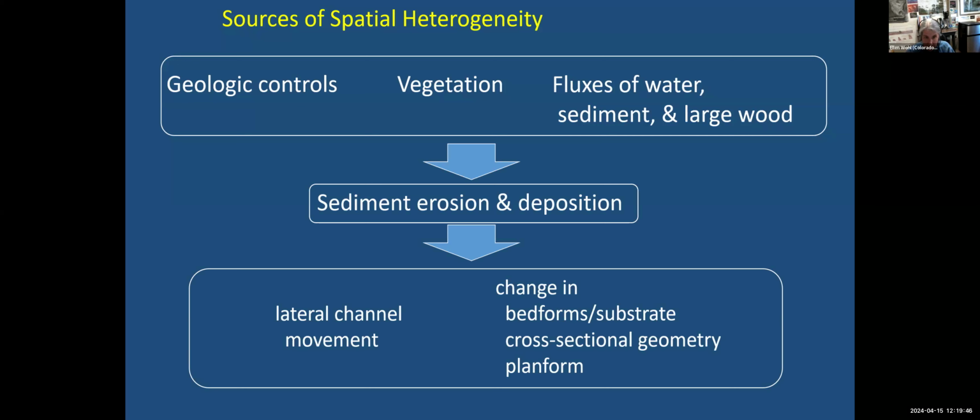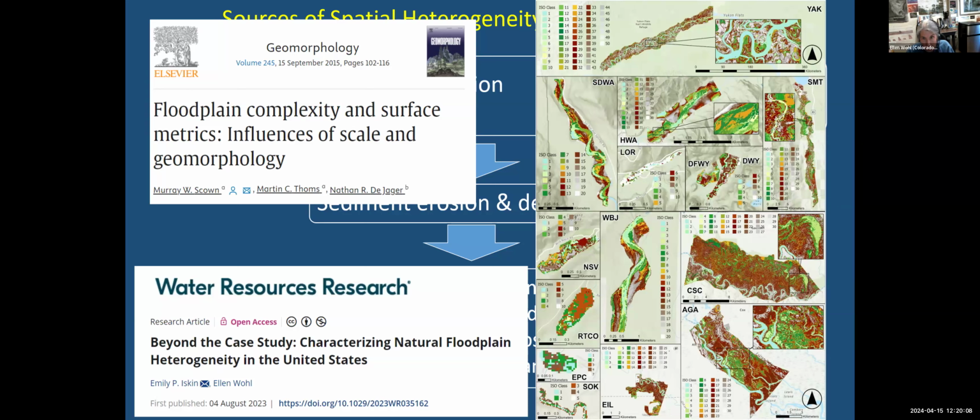So one of the issues with messiness is how do you quantify it? And there are a variety of different papers that have looked at this, either just looking at topography, with this one from Scown and others from 2015, to one that Emily Iskin, who just finished her PhD at CSU, was doing, where she was using floodplain topography and vegetation as indicated in remote imagery. And each of these insets are different rivers. We were looking for the most natural rivers we could find in the US and trying to get a diversity of drainage area, flow regime, and biome.